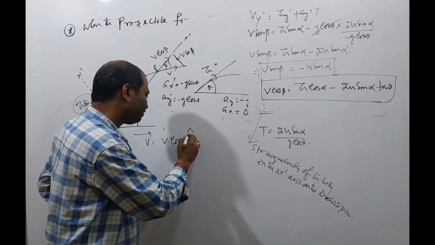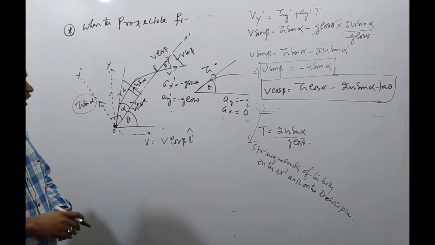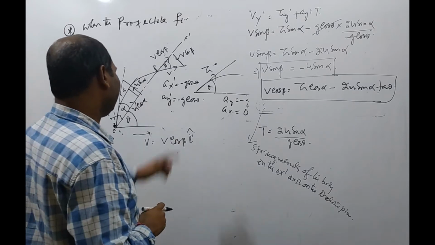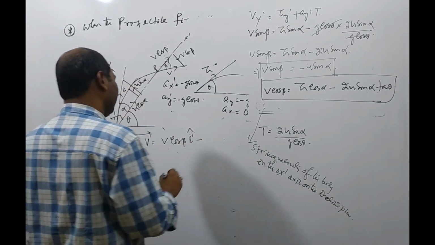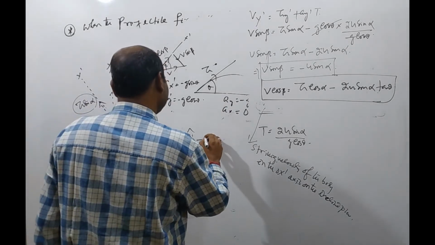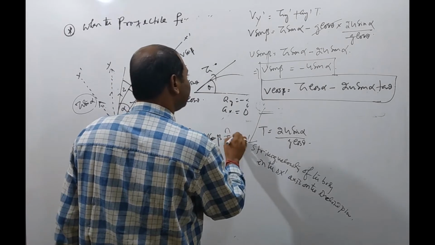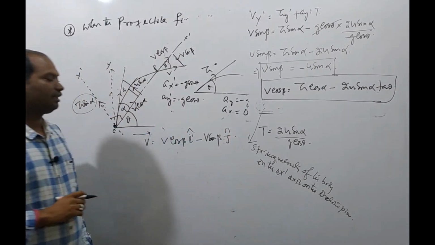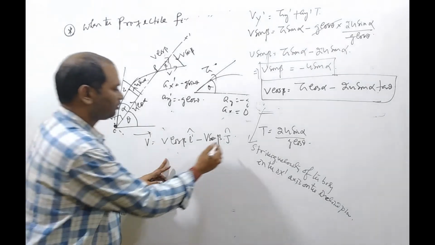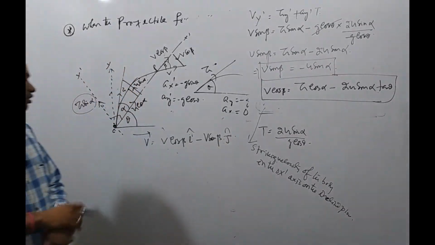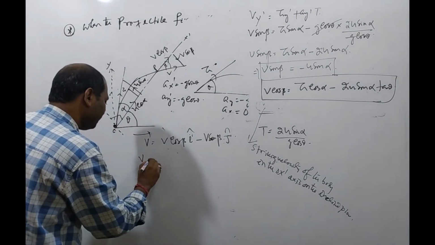Okay, v vector is equal to v cos beta i dash cap minus v sin beta j dash cap. Okay, then the magnitude of v is equal to